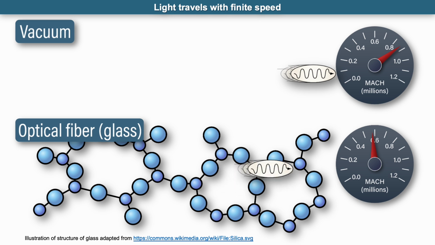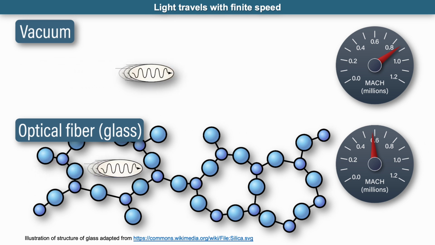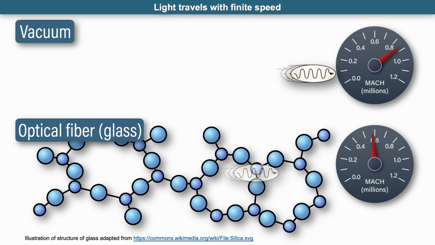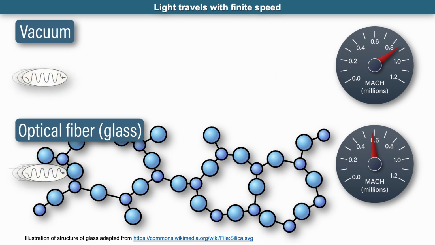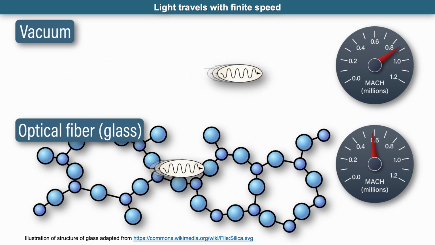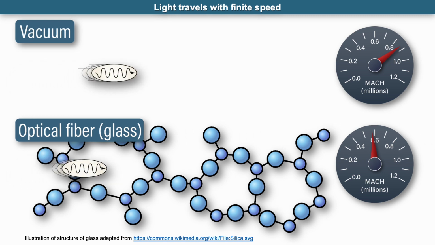A vacuum provides a clear, unobstructed path for the movement of a photon. But a photon traveling in a condensed phase material, like the glass that optical fiber data links are made from, undergoes a series of stopovers as the photon is repeatedly absorbed and emitted in the glass. So light traveling through optical fiber travels more slowly than in vacuum, at a speed of about Mach